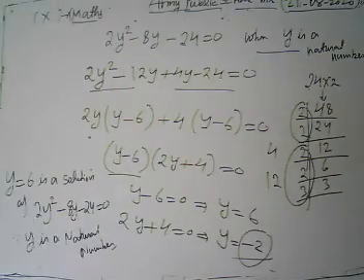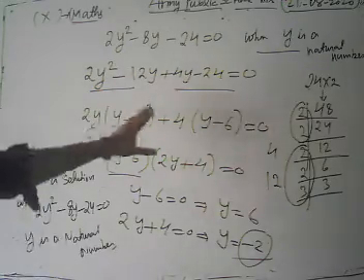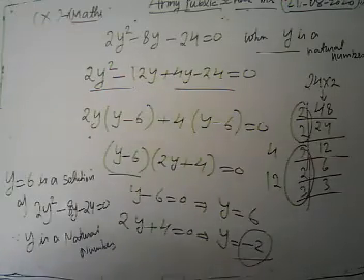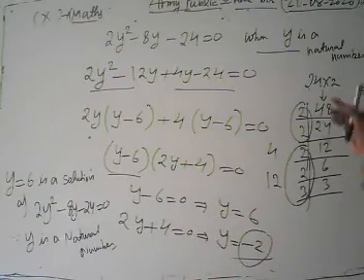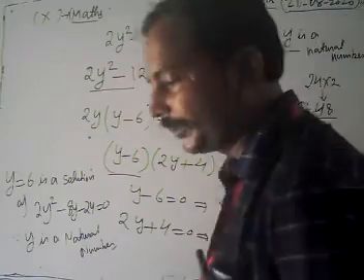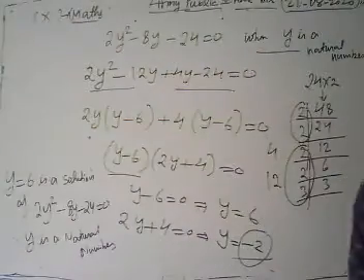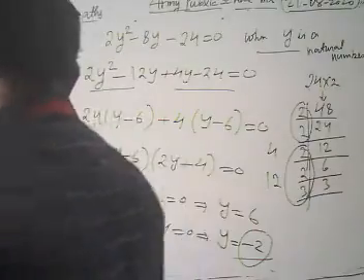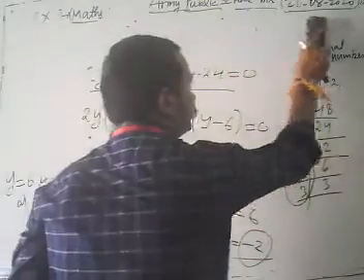We have to find the solution of the given quadratic equation for which y is a natural number. After factorizing, using middle term splitting, we get two values, y equal to 6 and y equal to minus 2. But it's given that y is a natural number. 6 is a natural number, but minus 2 is not, because in natural numbers there are no negative terms. Then we cannot take minus 2. Minus 2 is a rational number, and we just need a natural number. Then y equal to 6 is the solution of 2y square minus 8y minus 24 equal to 0.